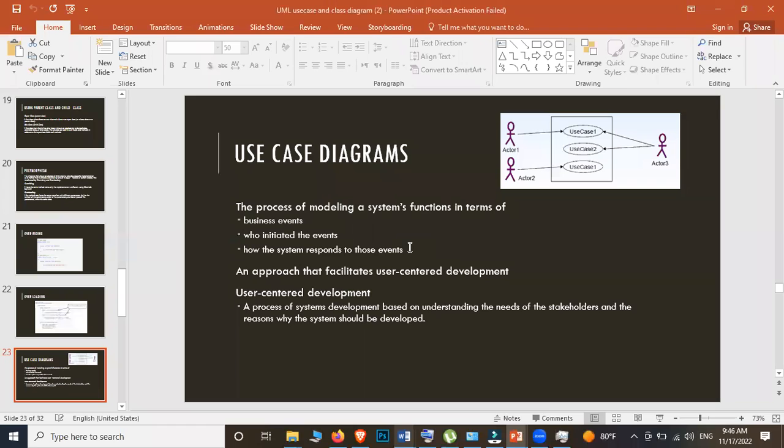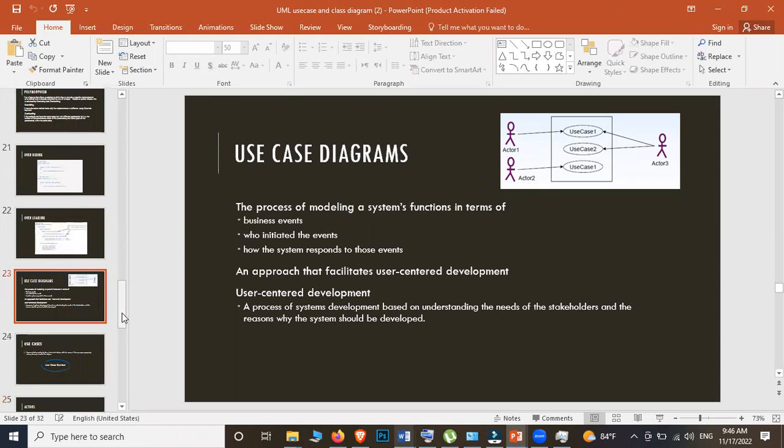Use case diagram is the first thing which you will be drawing before the class diagram, before all the other diagrams. The first diagram that you have to come up with is the use case diagram. That means who are the users and what are the use cases, who are the users or actors who are interacting with the use cases. That is what we are saying here. I will explain this clearly to you.